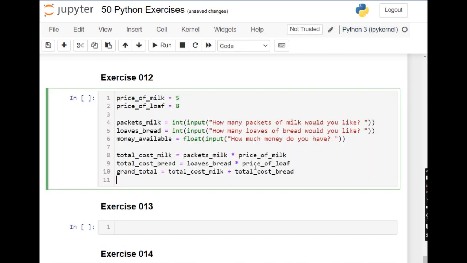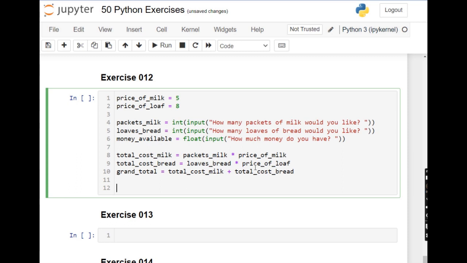So to know if the money is enough, we compare the grand total and the money available. So we say if money available is more than or equal to the grand total,